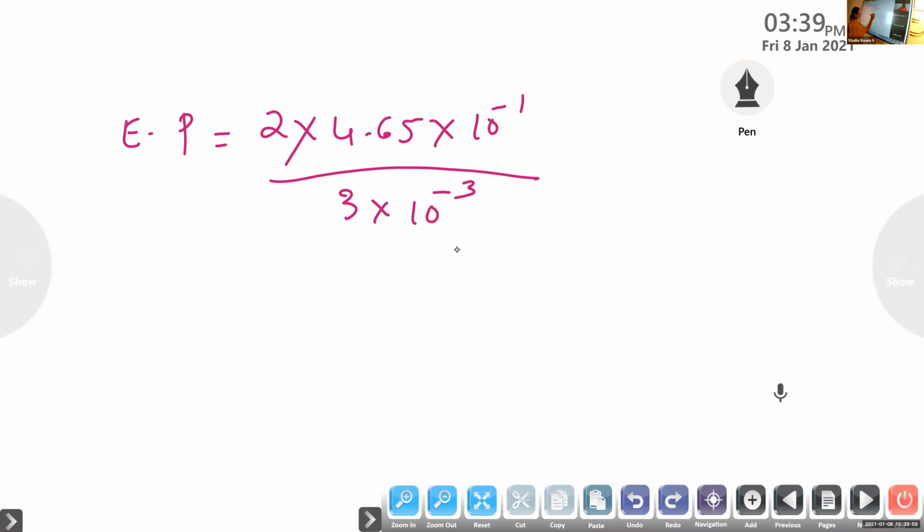So check whether you are getting this answer. Some mistake can be there. I have not done it, so just check your answer. Some printing mistake can be there in the book. This you do it at home and see. At present we can write total pressure. Next one, total pressure on the drop. Total pressure will be atmospheric pressure plus excess pressure.